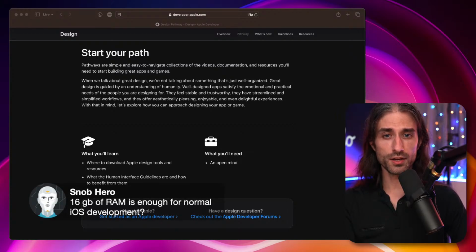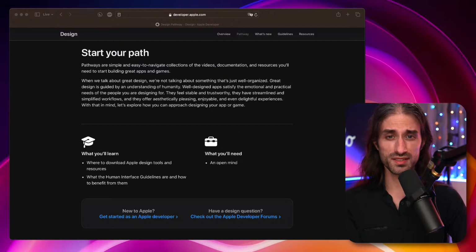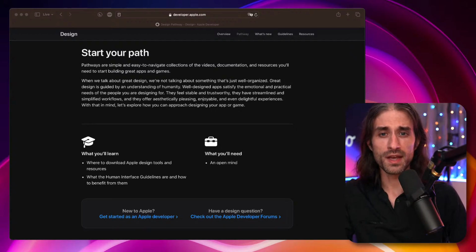Is 16 GB of RAM enough? Yes, definitely. And I think even if you have 8 GB of RAM, it's still enough to get started. Right now, the computer I'm using to do this live stream has 16 GB of RAM, and I have another one which I use for other topics. It also has 16 GB of RAM. If you buy a new one these days and you have the money, I think now the base is 24, but maybe 32 is a bit more future proof. But to get started, 16 is more than you need, and even 8 is okay.